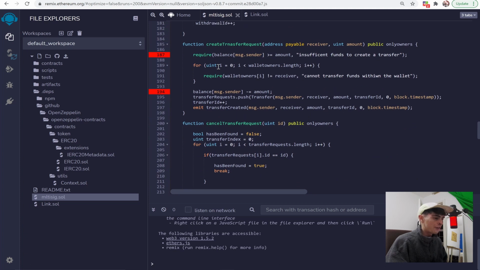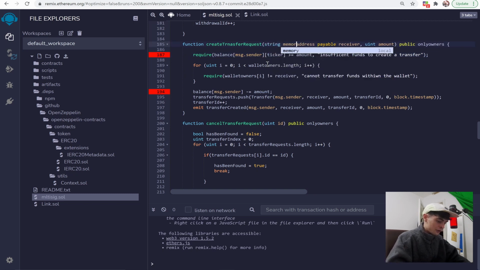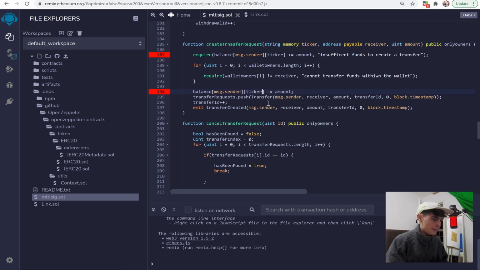Okay, so the first one is here. We're just going to say ticker, and we want to also pass in a string memory ticker. To make this quicker, I'm just going to copy this, and then we have another one here, so we'll say ticker,